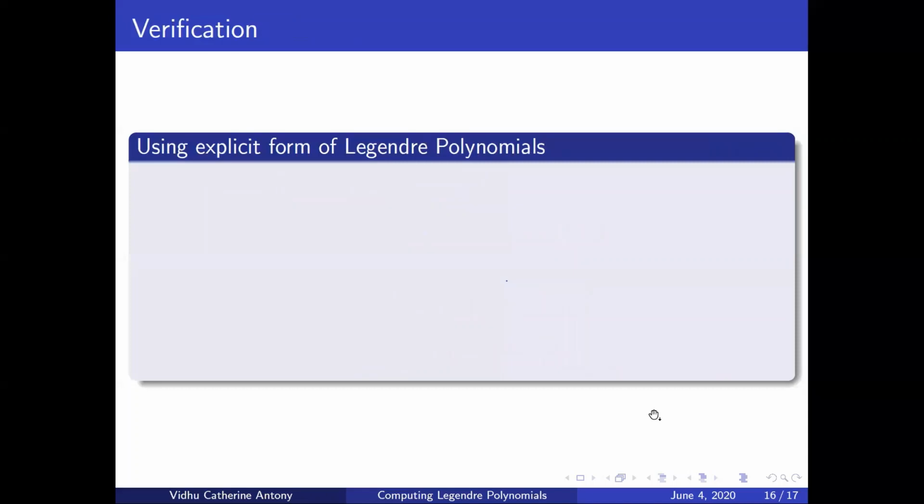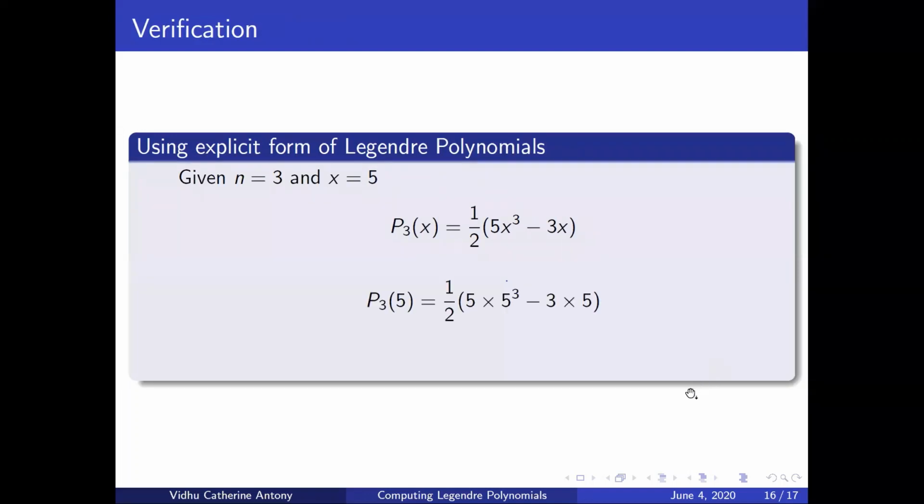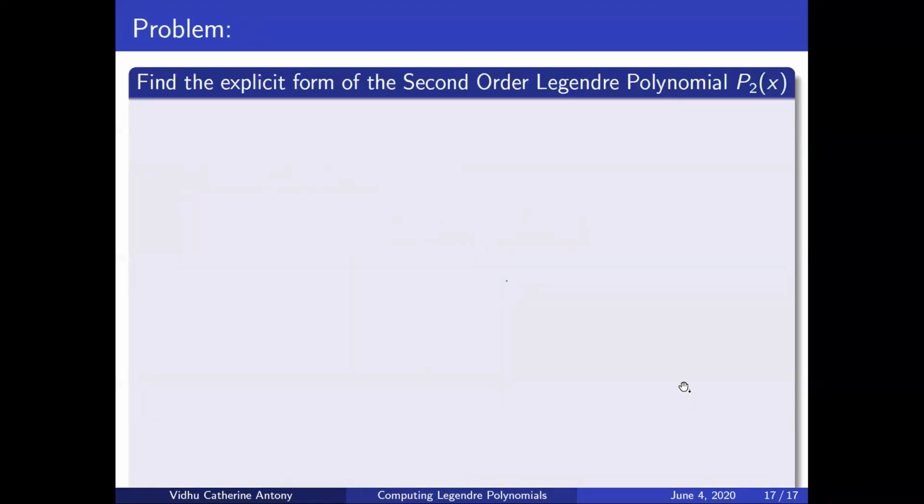Okay, so what we need to do is verify whether our answer is right. So we use the explicit form of the Legendre polynomial, if you remember it. Then you can substitute the value of 5 into this and you end up getting the same value, 305. So this is a very good method to calculate the values of the Legendre polynomials. If you don't remember the explicit form, how do you go about that? You can use the same recurrence relation. The only thing you need to remember is Bonnet's recursion formula and the two seed values that